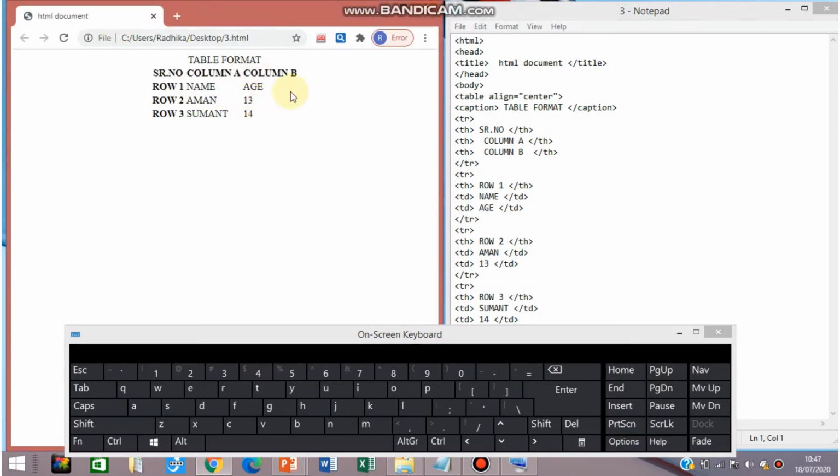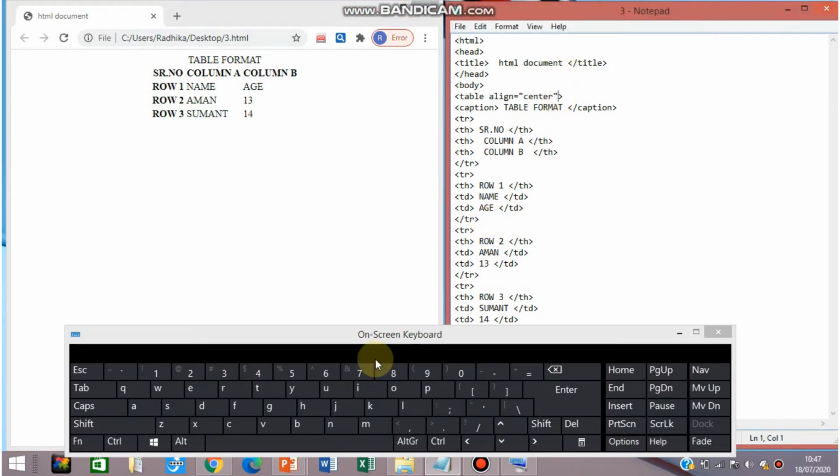You can see our table initially was assigned to the left side. Now since we have mentioned table align is equal to center, our table has aligned to the center of this window. So in this way you can use the align attribute in the table. Now we will see some more attributes.